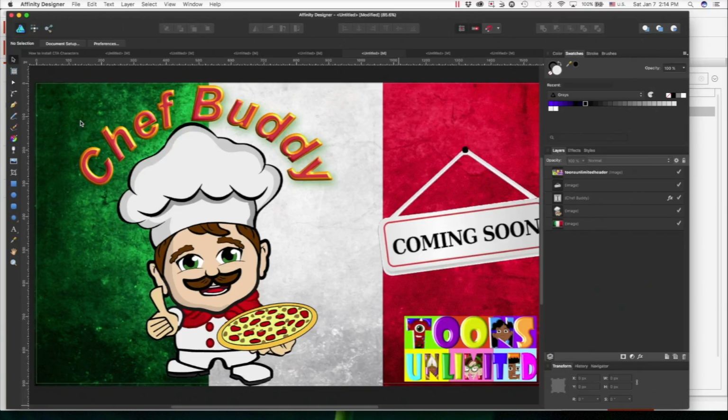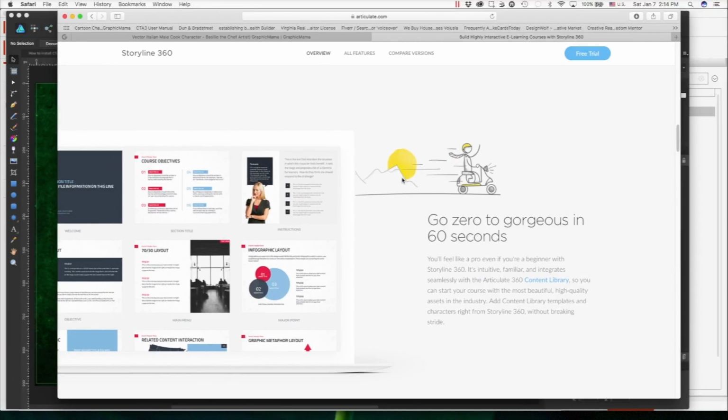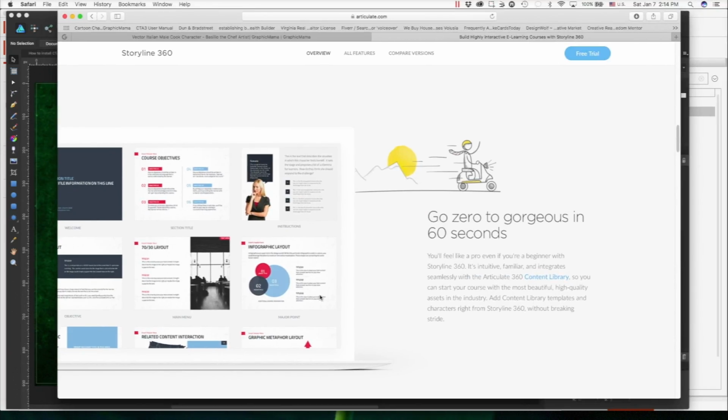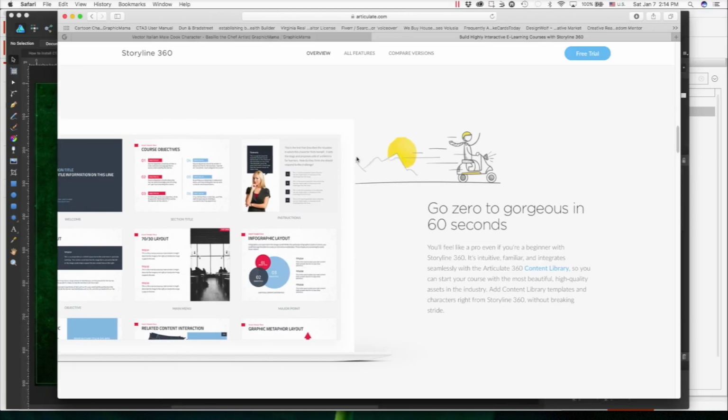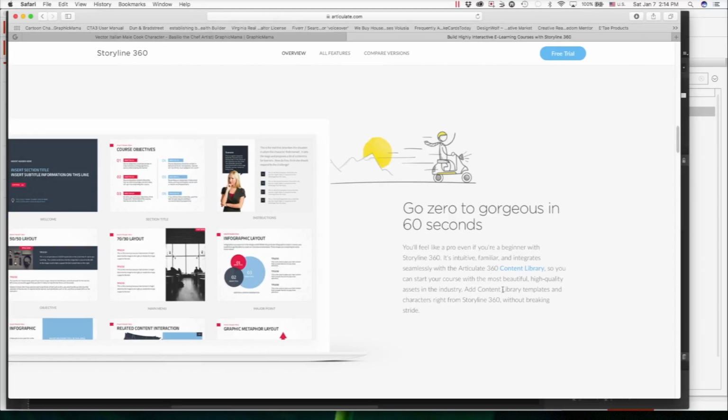But what I have done in the past is I have imported my own characters, and they have their own character base as well. So, for example, let me just bring up their website. This is a reference to Storyline, which I own, but for some reason have not added it on to this laptop since I upgraded the operating system. But as you can see, you can create courses with this application, and once again, see how the poses, for example, with this female character,